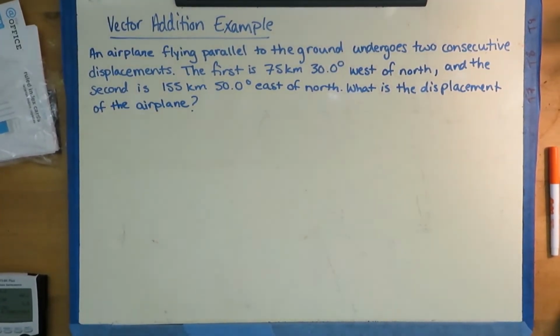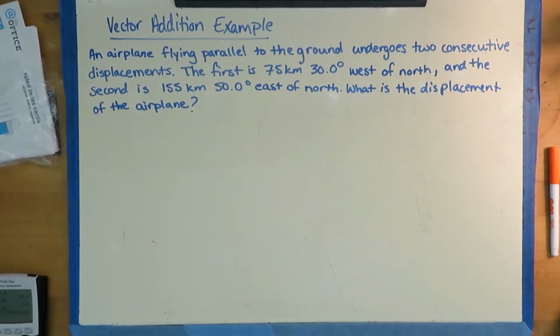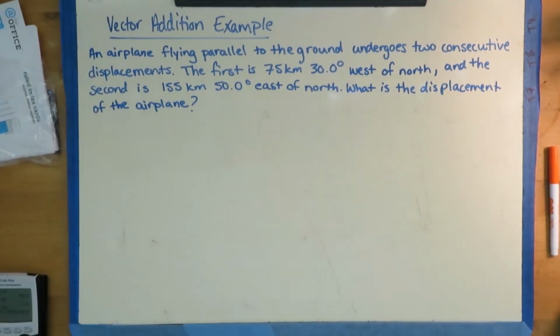Okay, so this example is an advanced example for vector addition. It's going to combine vector addition and resolving vectors. These are very typical types of problems. You'll have some of these on your homework. So when we go through these problems,